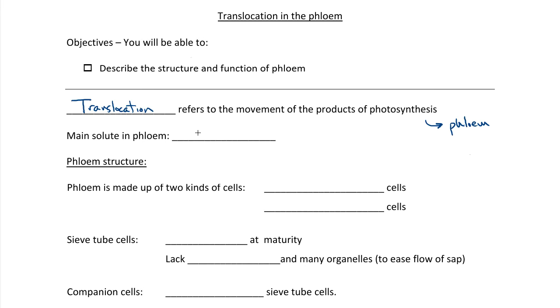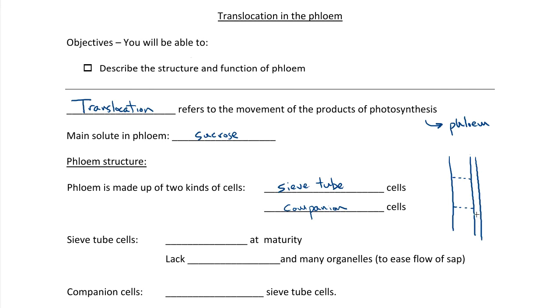Now, the main solute in phloem is sucrose, a disaccharide made of glucose and fructose, and that's what's transported in the phloem from one part of the plant to another. Now, the phloem is made up of two types of cells: sieve tube cells, which are cells that are joined end to end, and that at maturity have perforations in the cell walls between them to allow the sap to flow more easily. And another kind of cell called companion cells, and the companion cells are organized adjacent to the